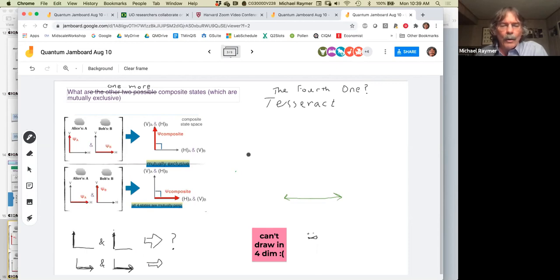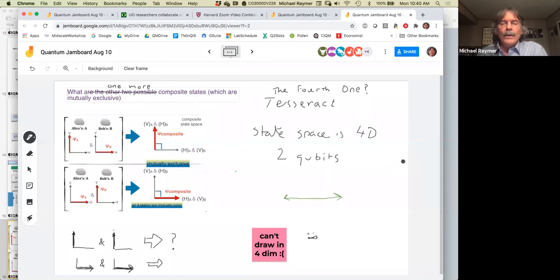So a mathematician would have no problem with this. They would just say, well, don't draw it. Come on, just write down the formal expression. And you're fine because you have 4-dimensional space. Now, it points out that this is not real space because our real space is 3-dimensional, at least the way we perceive it. So this state space is 4-dimensional only because we have 2 qubits.